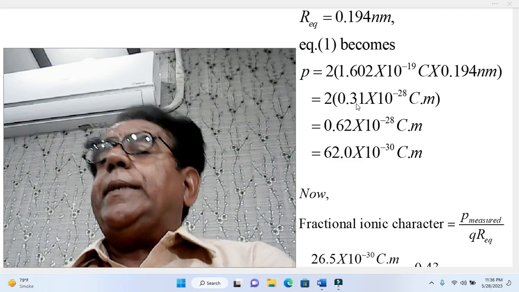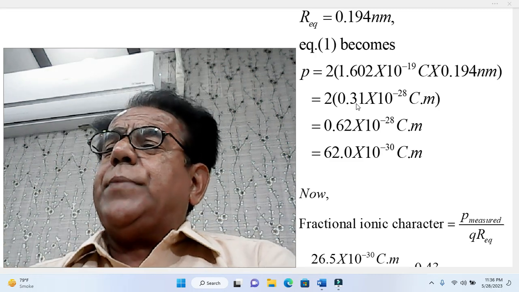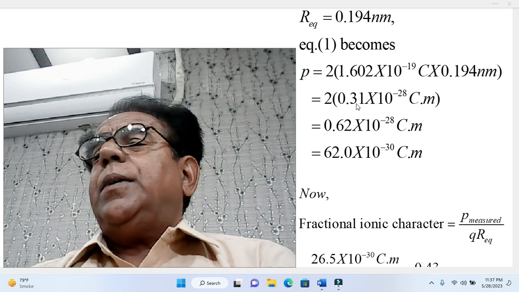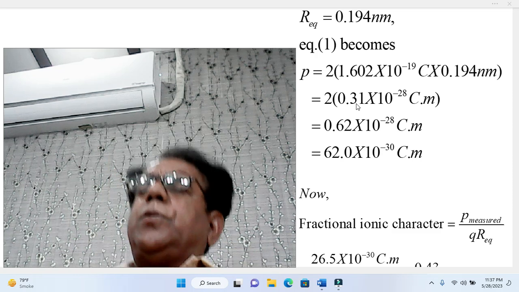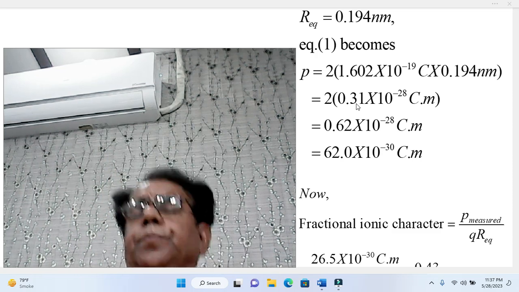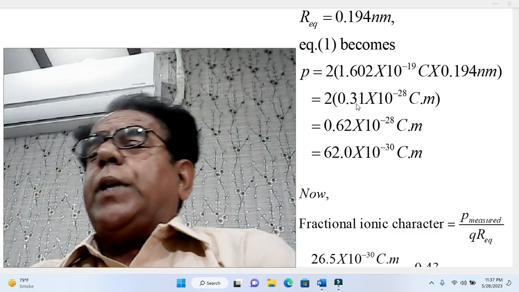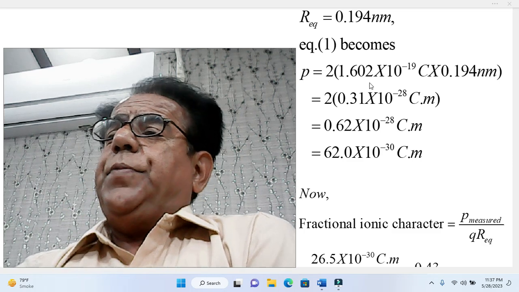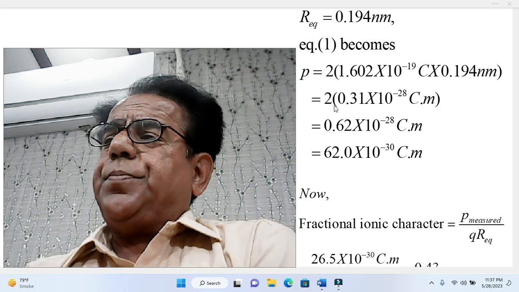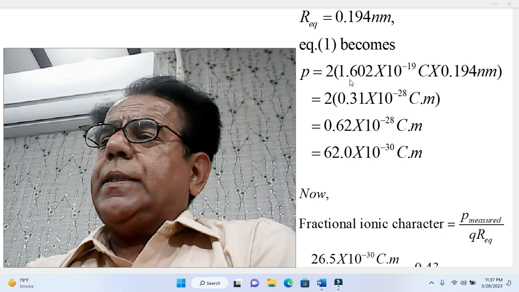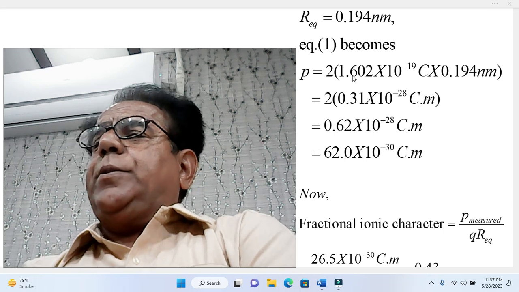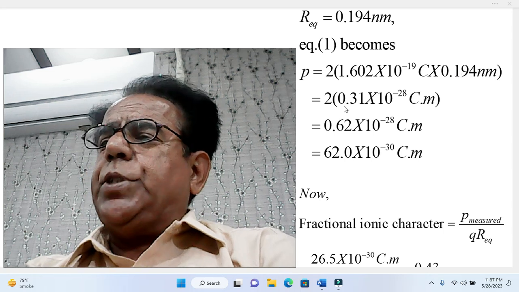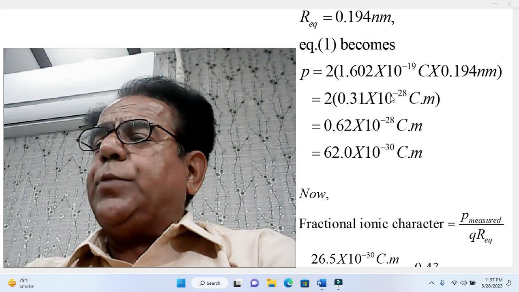Students, here we can take more values after the decimal, but I think 2 decimal places is enough. We have not disturbed 2, we have multiplied 1.602 with 0.194, and this gives rise to 0.31 into 10 raised to the power